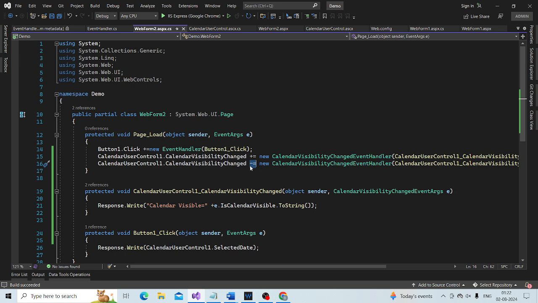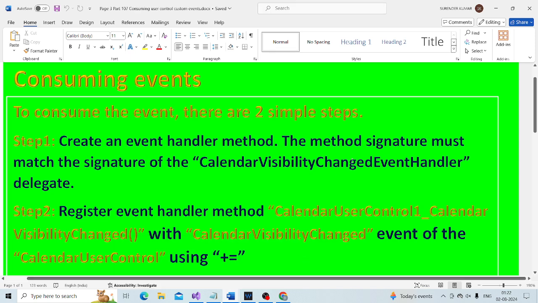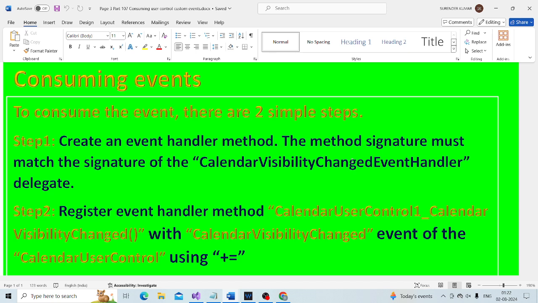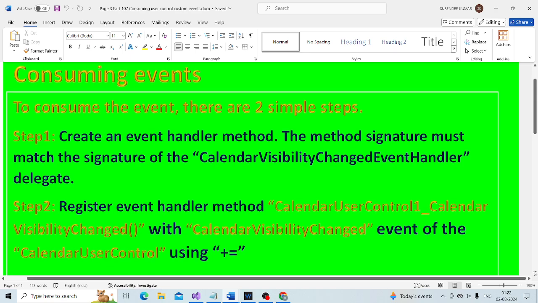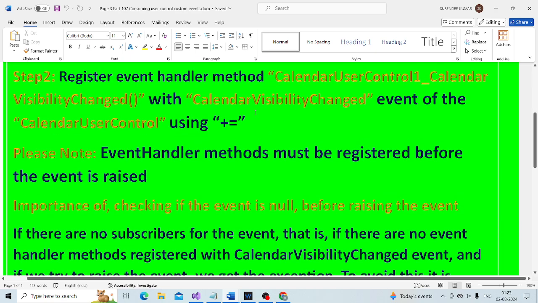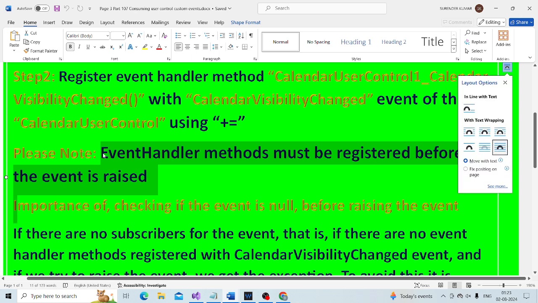Now another important point to keep in mind is that the event handler needs to be registered before the event is raised.